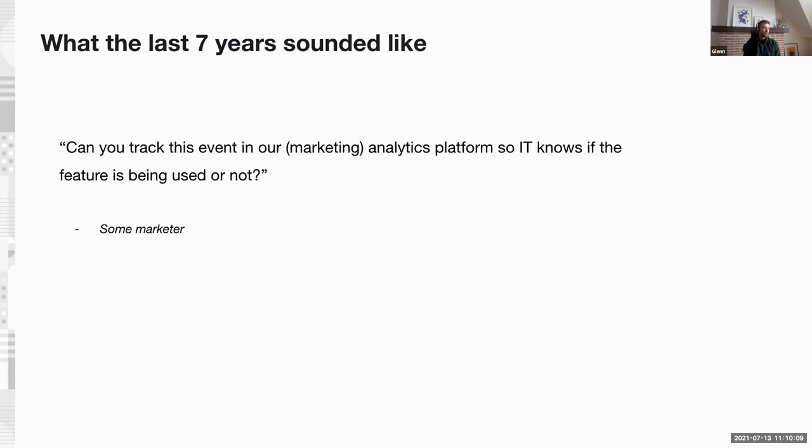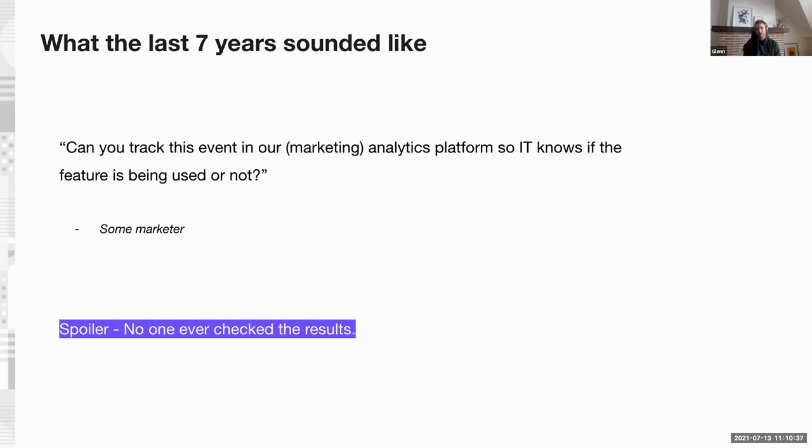Because what they're trying to do, or what Joe is doing in this case, is trying to understand if the changes he made are driving impact. And a lot of the talk that Killian is going to show you, or a lot of the examples, are actually drilling down into how you can generate those insights. Now, the problem was that in the end, no one ever checked the results. And the reason why that happened was because IT was trying to implement product insights through our marketing analytics tools, which was causing a lot of problems.